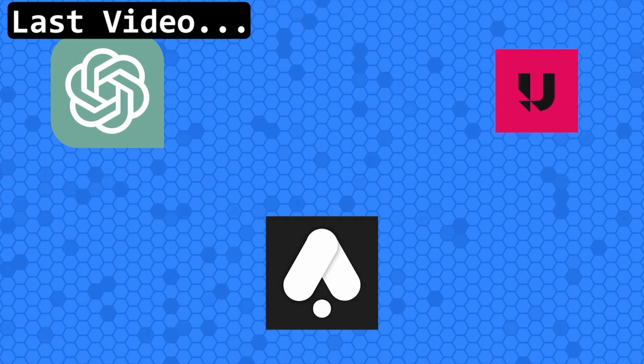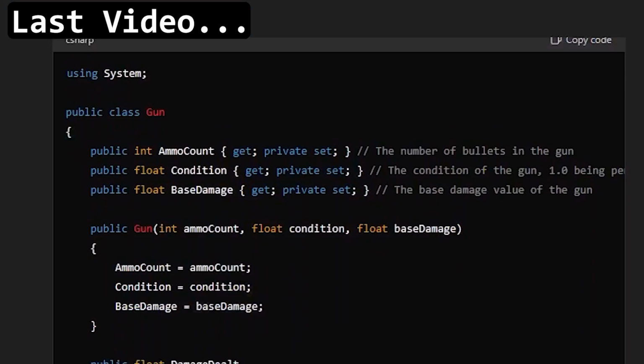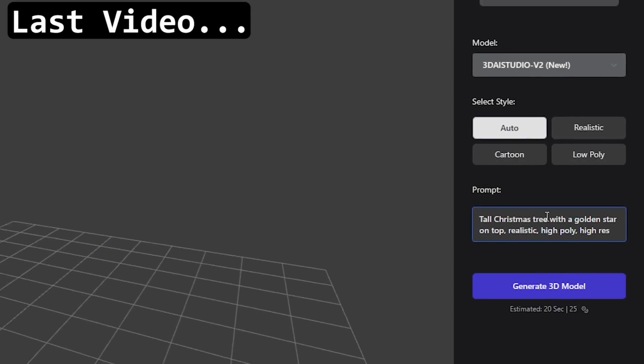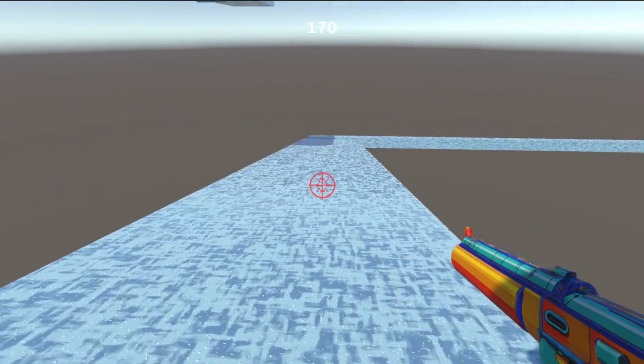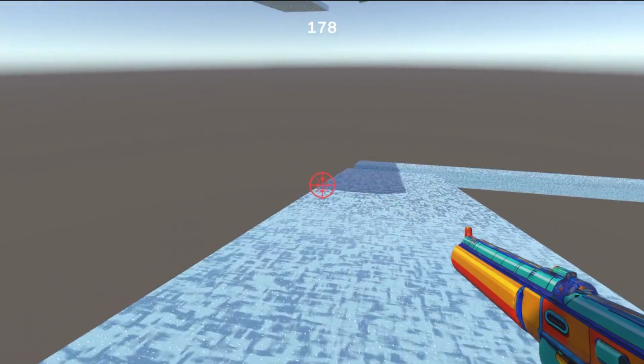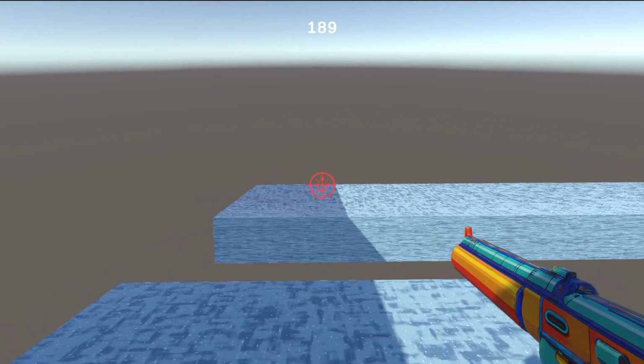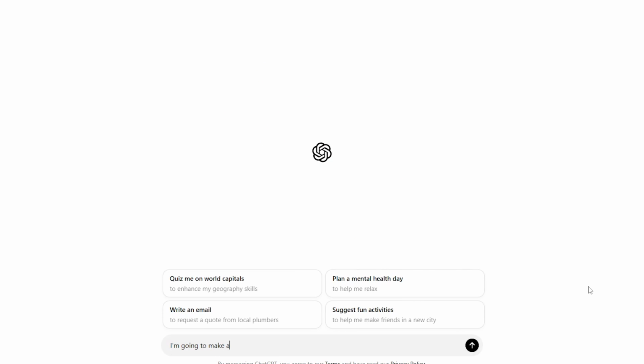In the last video, we talked about the best AI tools for game dev in 2024 and why it's better to embrace this new miraculous technology instead of being afraid of it. And today, I'm going to show you these tools in practice by making a simple game jam style game with the help of AI. The first thing we need is an idea,